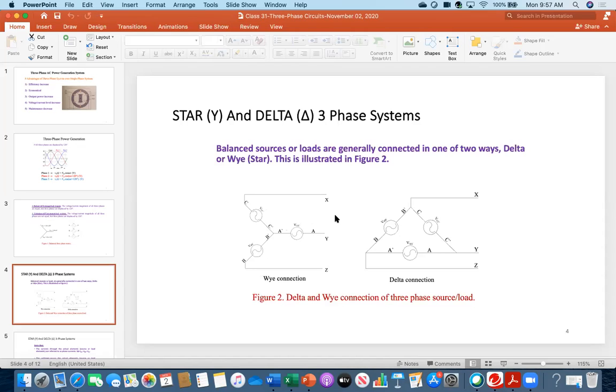So that's why I am saying, everybody listen. At least you can conclude that the voltage between X and Y, which is called line to line voltage, is not the same as the phase voltage. But in the delta case, line to line voltage is the same as the phase voltage. In this case, the conclusion is line to line voltage is not the same as the phase voltage. So the next question comes, what is the relationship? I will show you that relationship soon.